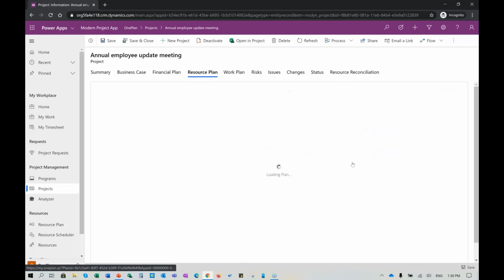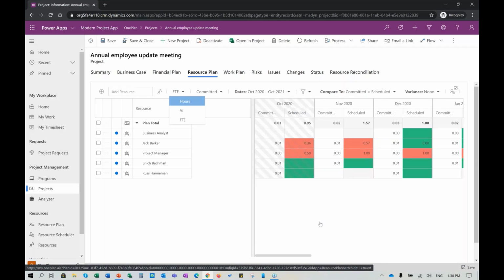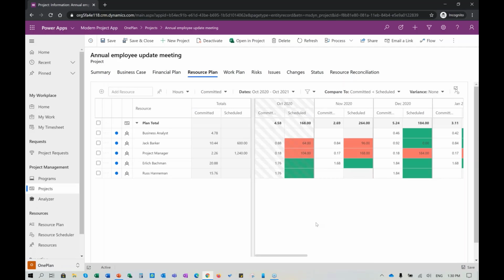More importantly, I can compare committed to schedule, which means if I provide a project manager with a certain amount of resource capacity, are they actually using it in their scheduling? So you can do that comparison here. This will become more important later when we aggregate all this information and then see the overall picture of the